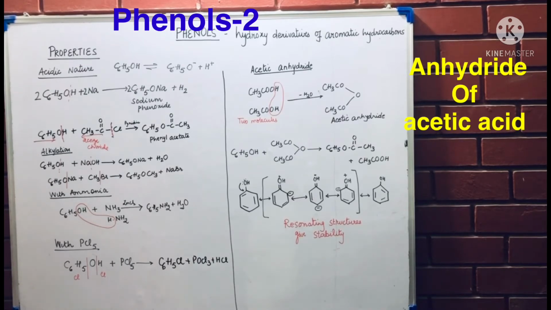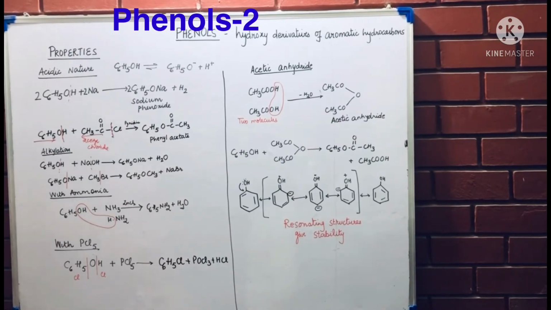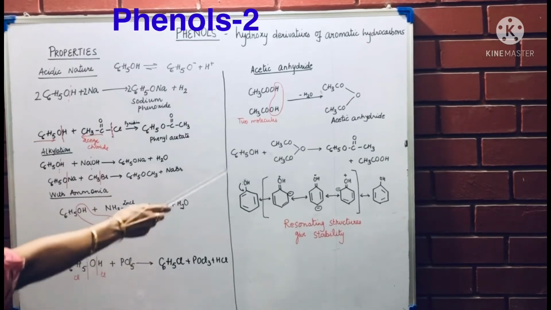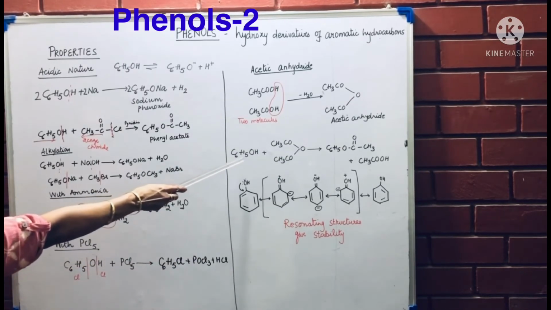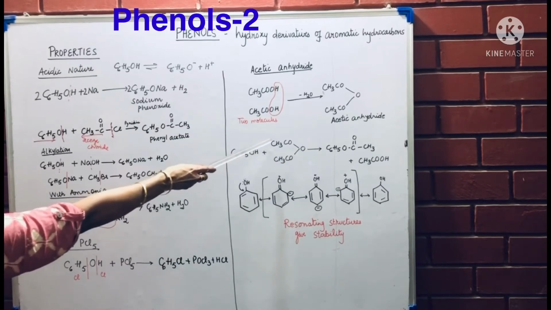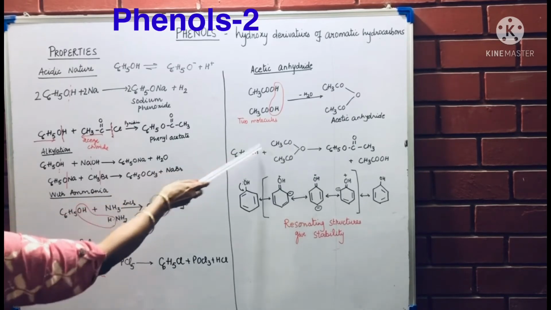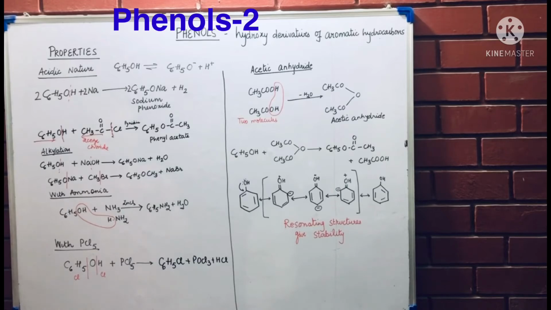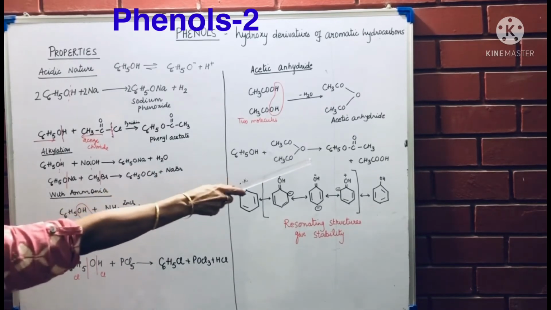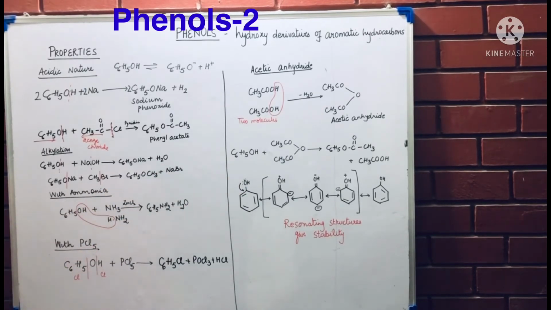Now when acetic anhydride reacts, it will again make two compounds. First, I have taken C6, this hydrogen, one hydrogen reacts with CH3COOH to form acetic acid. The remaining part, first this way and then start writing from the opposite way. So C6H5O is left here, and from the other side I have taken COCH3. So C6H5OCOCH3, which is called phenyl acetate.